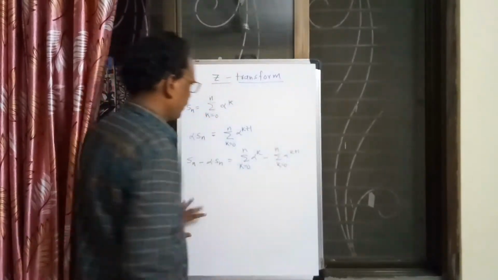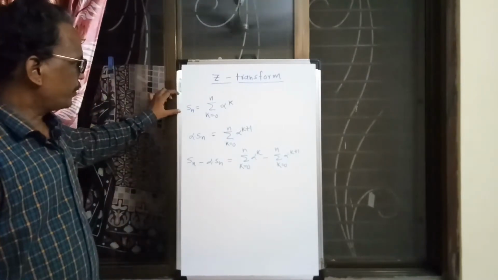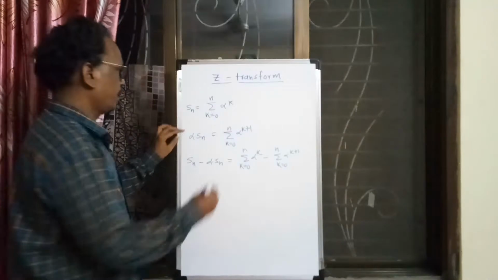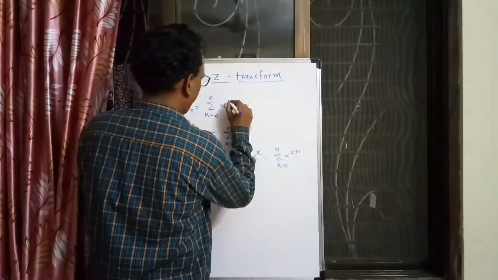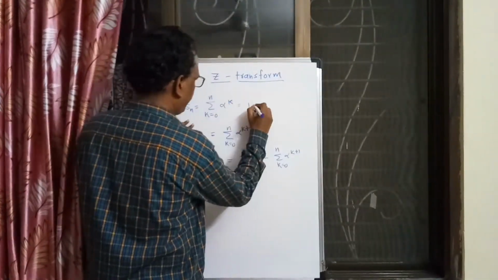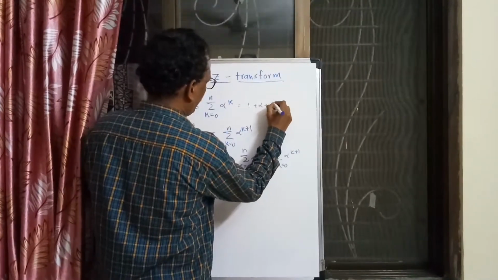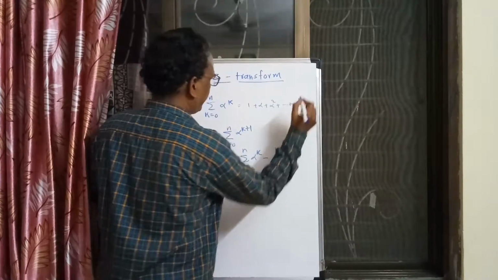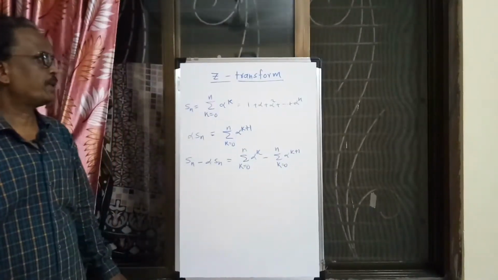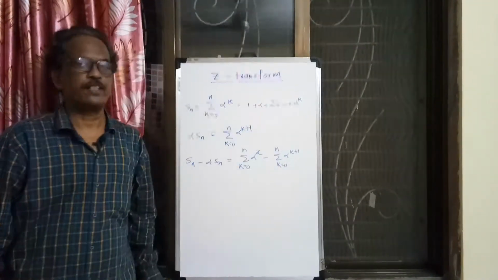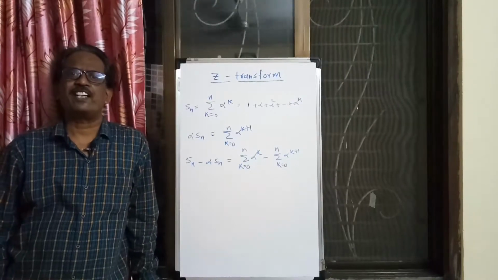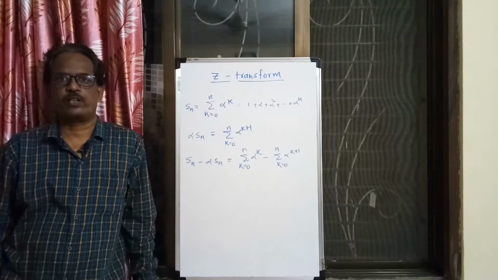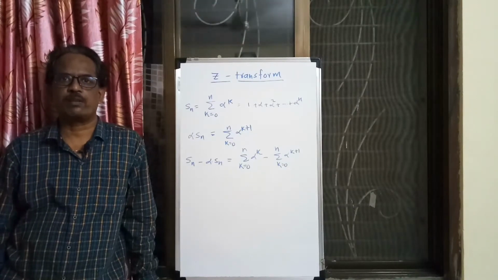So I first took this equation because I wanted to know the actual value of it. If you solve this, it will be like this: alpha raised to 0 is 1, alpha raised to 1, alpha raised to 2, and so on, up to alpha raised to n. This is the expansion of the summation, and whatever result we get, that is the result. But if alpha is very large, it is very difficult to do these calculations. Let us say alpha is infinity, what is the value?